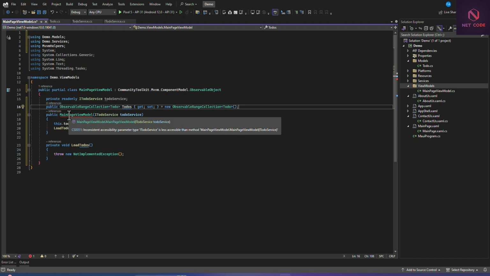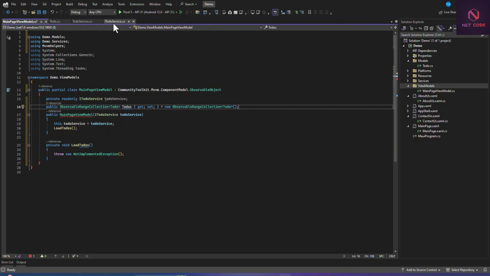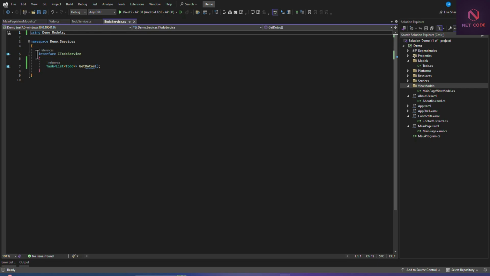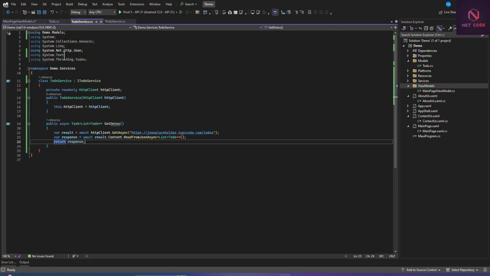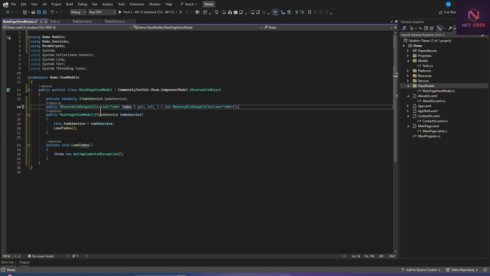Now they're saying something. It's because it's less accessible than the method and IToDoService, so let's check IToDoService, and here it must be public. Let's save that. Let's check the service too, and it is public as well. Okay, now let's go back to the model, and it is solved now.